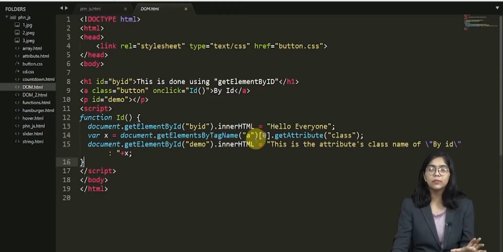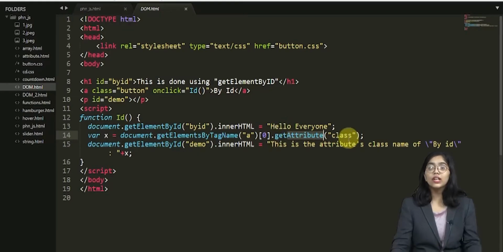In JavaScript, or any programming language, any numbering starts with 0. So when I say 0, it is first going to come to this particular element. That's why I have given it array 0.getAttribute. Do you see an attribute over here?